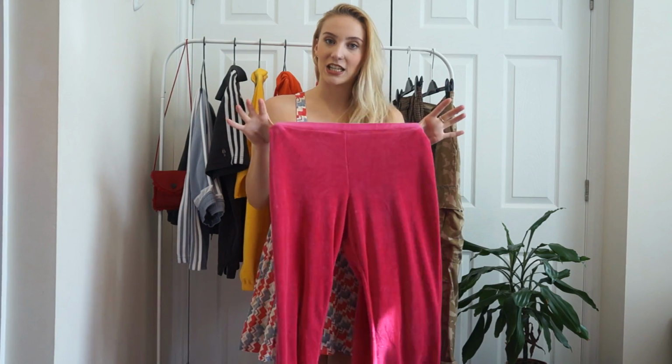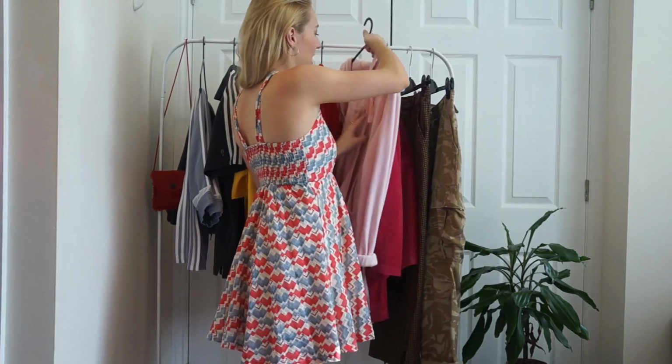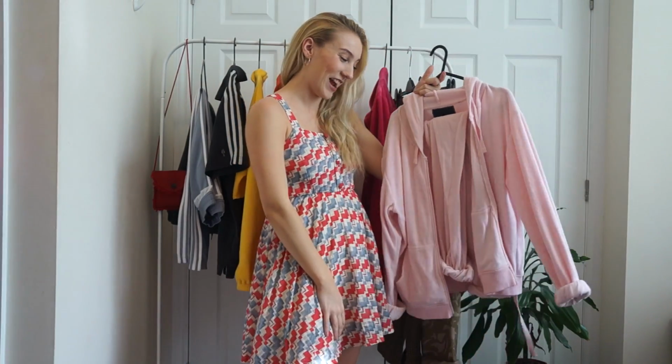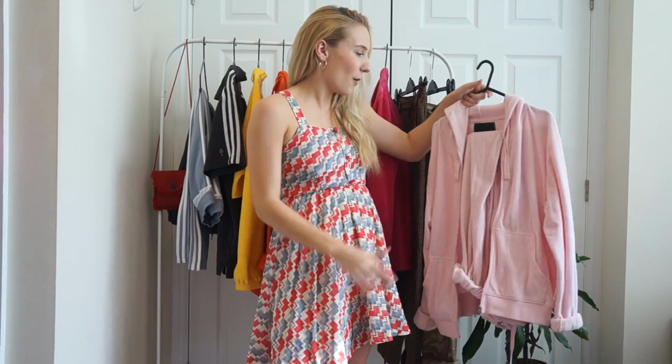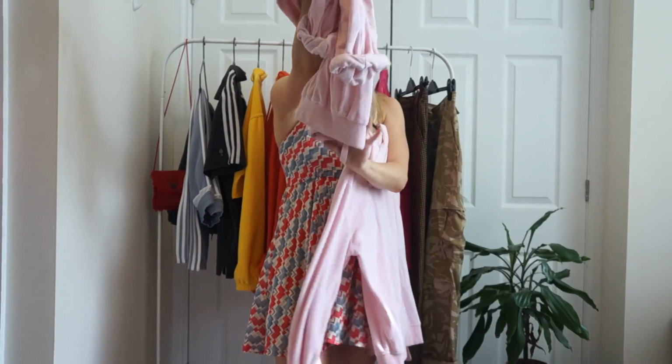They've got a really nice elasticated waist, they've got a cute little pocket on the back, and oh god, it just looks so good on. And like I say, similarly with the two-piece sets is tracksuits. Now I've had this one for ages, but now I'm in style with it, so I've been pulling it out a lot more. I've just got the zip-up jacket, and then the trousers are literally just pink joggers again, which